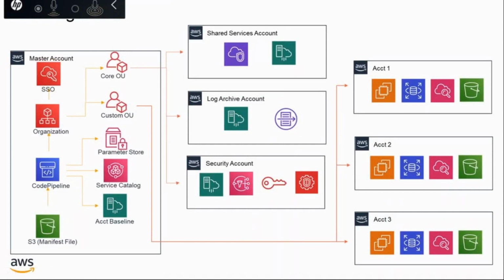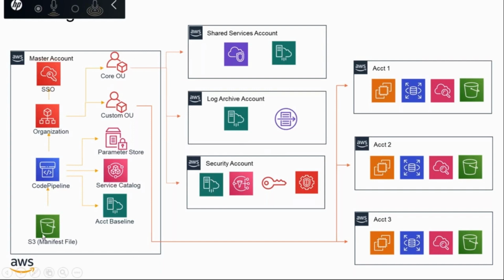So just for the sake of this, this is our Control Tower. When you use Control Tower, as I said, it will create three accounts. This is a sample architecture of a landing zone. When you say landing zone, just forget about account 1, account 2, and account 3; I just added them here for the sake of illustration. You just see the master account, the shared services account, log archive, and security account.